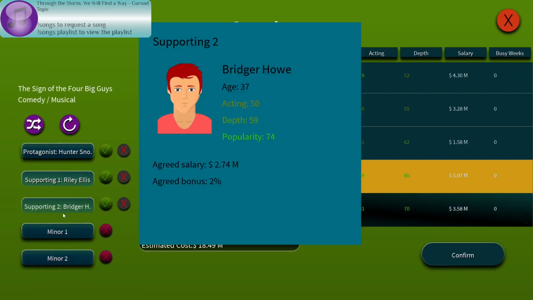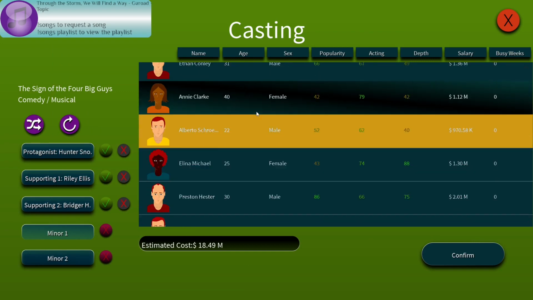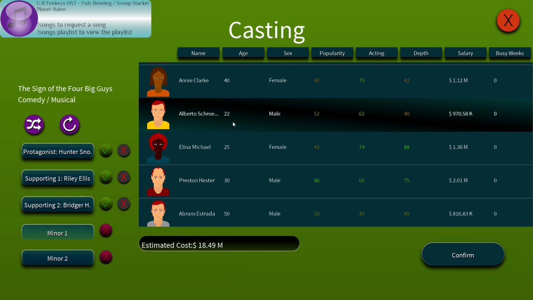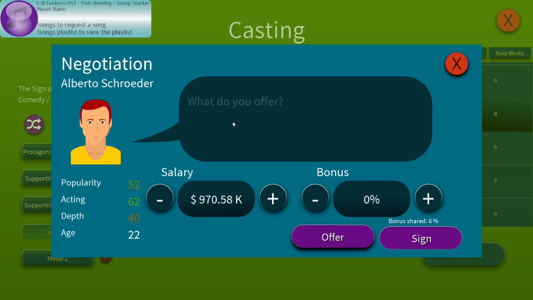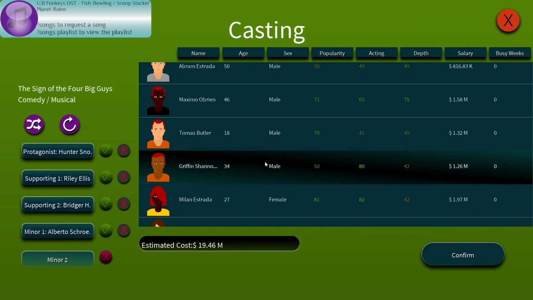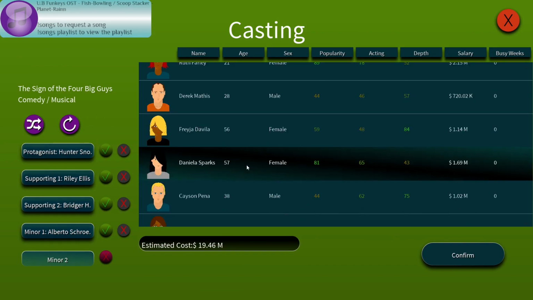There we go. Riley Ellis is in. I guess we could have... Yeah, let's have Alberto come back. However, the last guy is going to be that Pina guy.